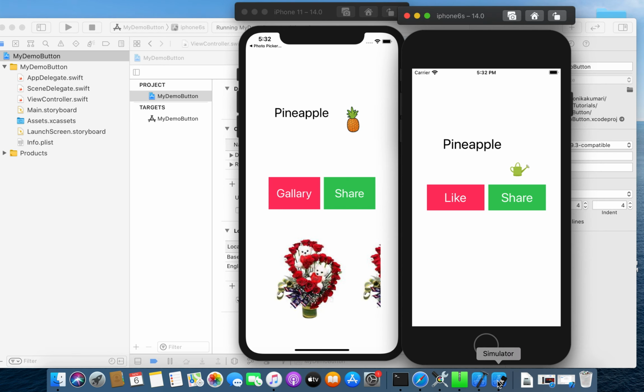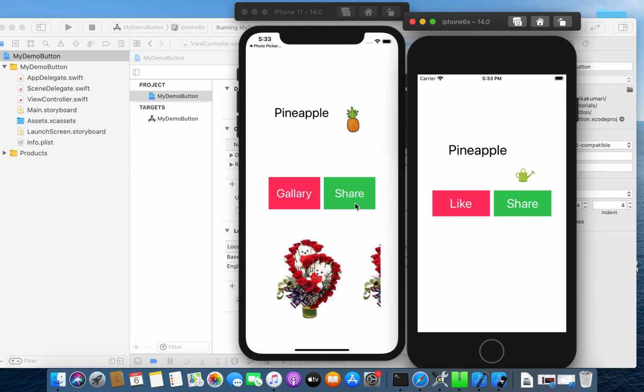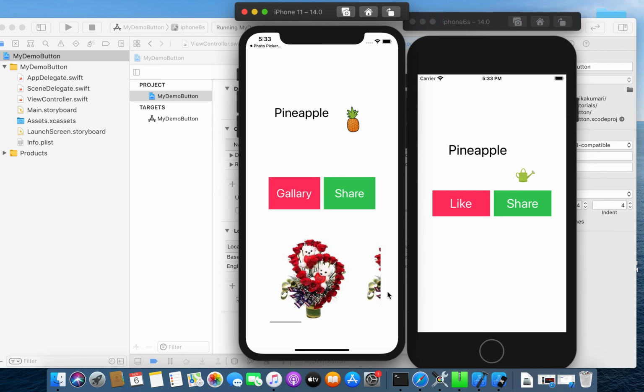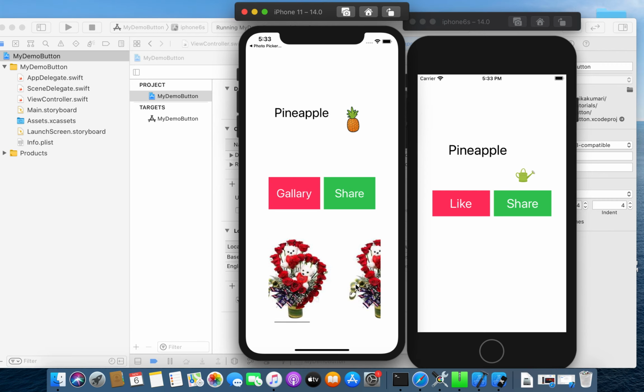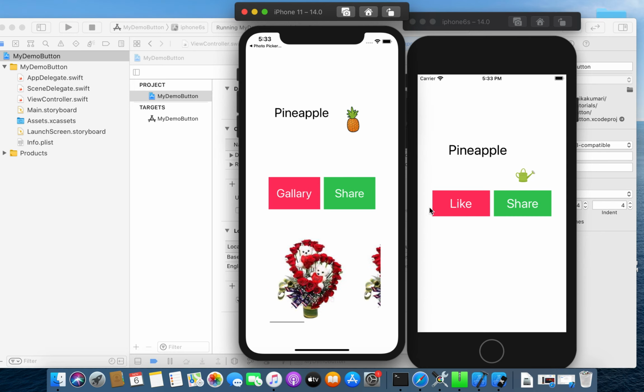So let us create, you remember we created our project in our previous tutorial. We created a like and share button. So what we need to do is change this like button to a gallery button, and we will add a PH Picker view controller class on the tap of that button. After picking the image from the picker controller, we need to add the images to the scrolling part of our view in this screen.